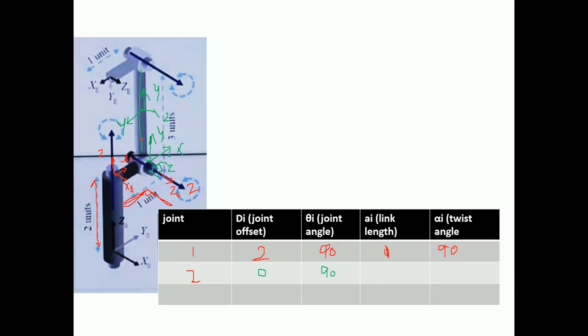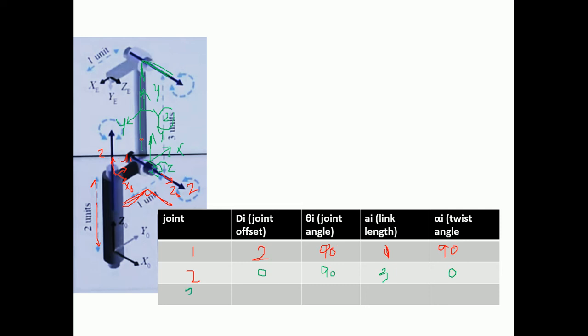For reaching over there, the path traced by the joint link is 3 units. As you see, when we reach this point, this z axis is already parallel with this z axis. At last, we rotate about the x axis so that the z axis of the previous frame is parallel to a line perpendicular to the common normal. Over here you can see this is the common normal line, and this is the line perpendicular to the common normal, which is already happening. So the value of the twist angle is 0.